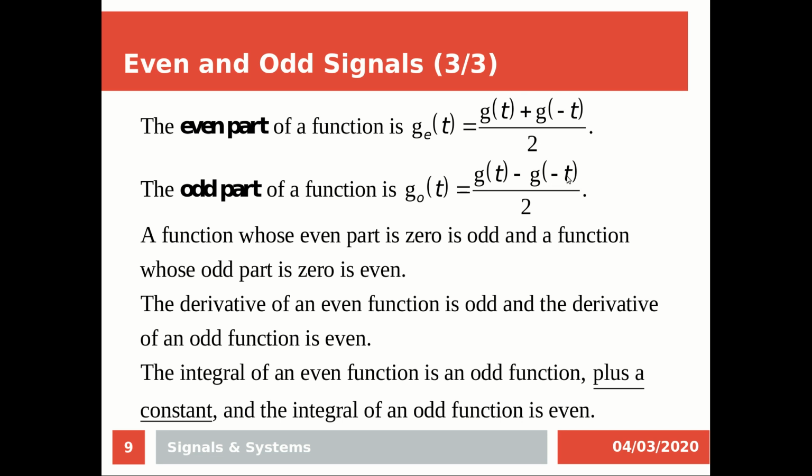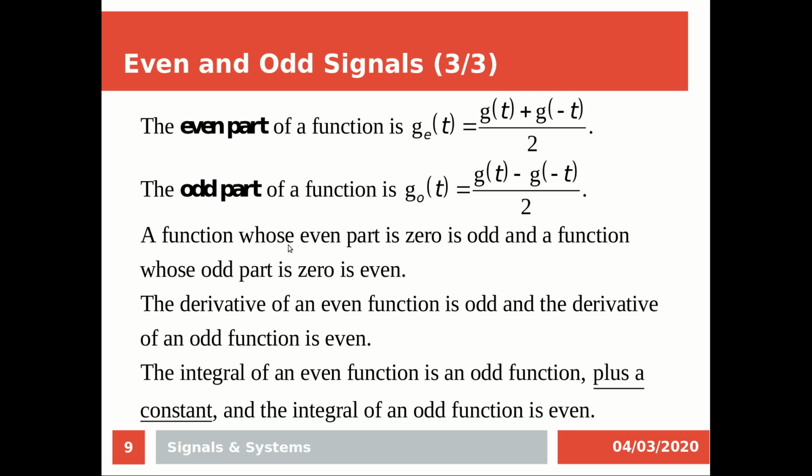So what I should do: I already have g of t, or x of t, or whatever the name of the function is. I will calculate g of minus t. Then I will apply these two equations to get the even part and the odd part. After that I should simplify my equation. For example, if it has multiple sines and cosines, I would combine them, by summation or subtraction, whatever. So I have a function that is the even part and the odd part of the function. Okay,